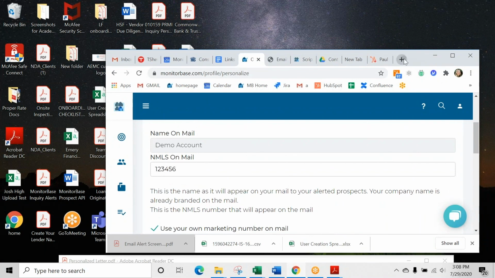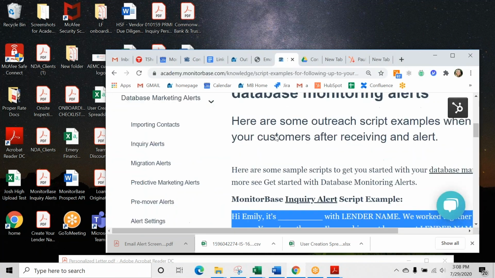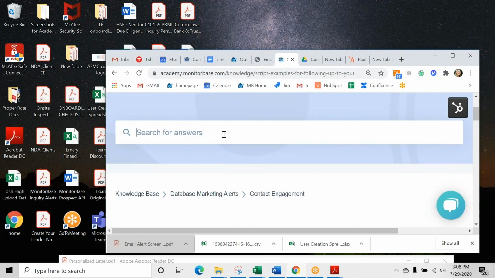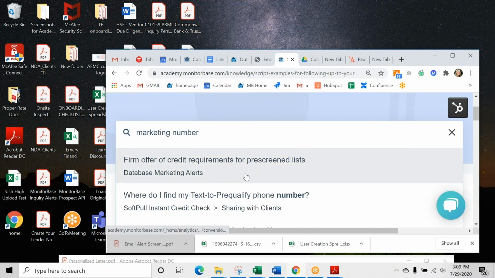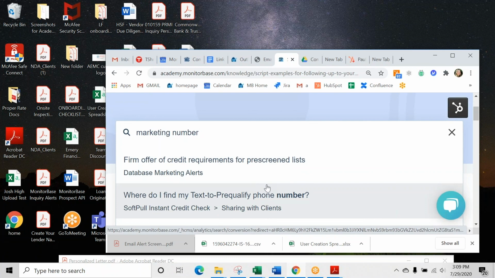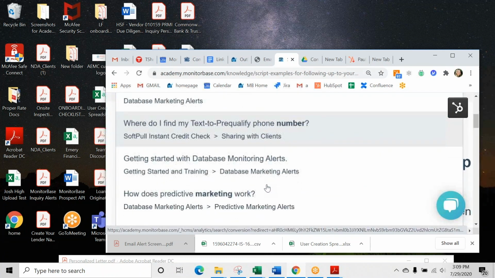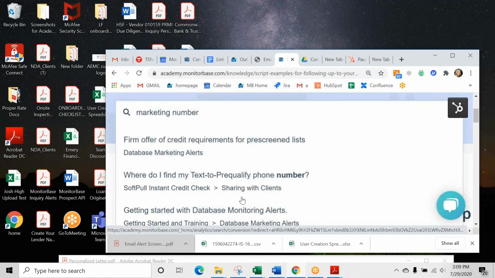Okay. I think what the team is asking is they're wanting the phone number. A lot of our teams, especially right now, we're in shelter in place, so everybody's working from home. So I think they're looking for a way to ensure that the phone numbers come to their cell phone. Okay, yeah, so what you can do, I can send this link to Paul as well. Let's see, where's my marketing number?